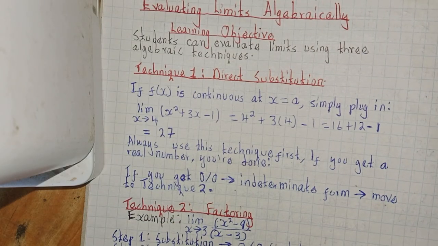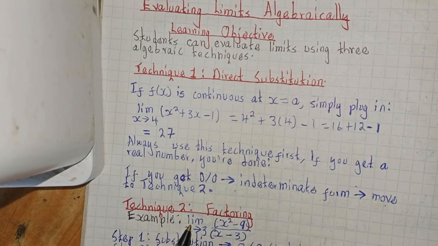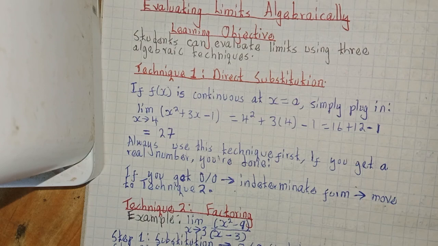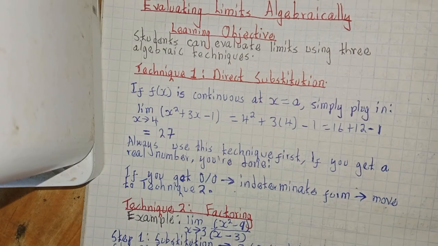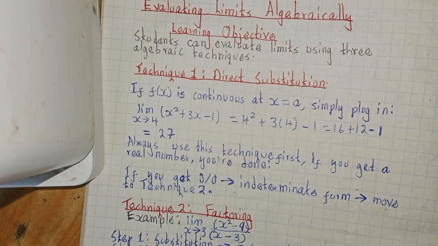So, for instance, if you get any equation for evaluating the limits, you should always use direct substitution first. If you get a real number, that is it. But if you get an indeterminate form, then you have got to move to the second technique, which is